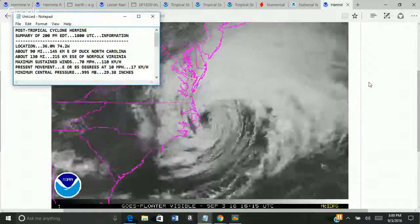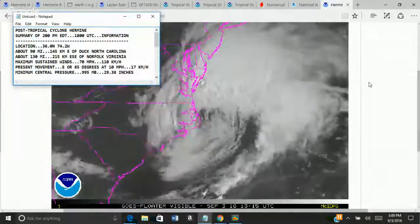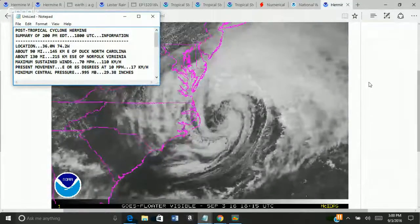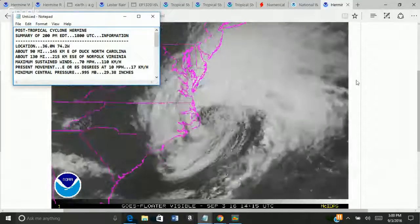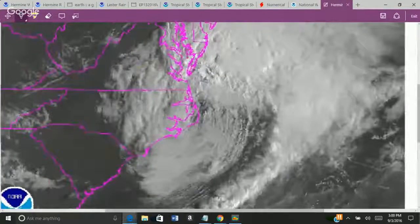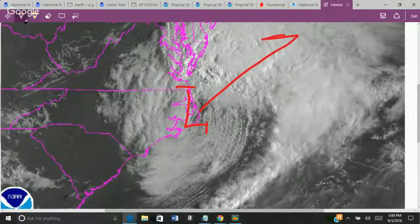My name's Corey O, and I'm going to be tracking post-tropical cyclone Hermine as it slowly approaches the northeast coast, possibly even affecting New York City, as they're currently under a tropical storm warning. 70-mile-per-hour winds with pressure down to 995 millibars. You see where the low pressure system is. You see it very well right here. Let me just go ahead and put the little low right there. It's slowly moving this way, and it's going to be pressing into